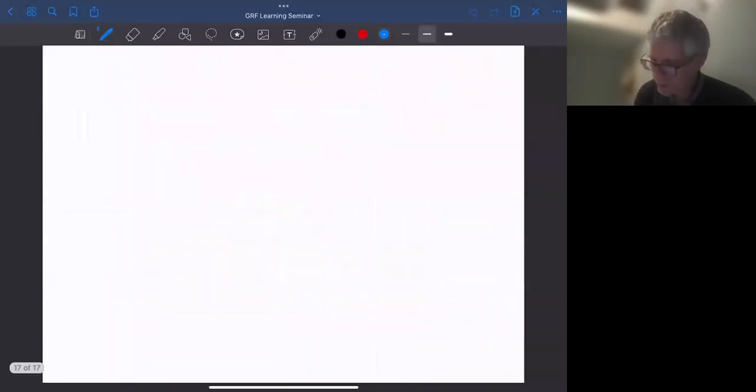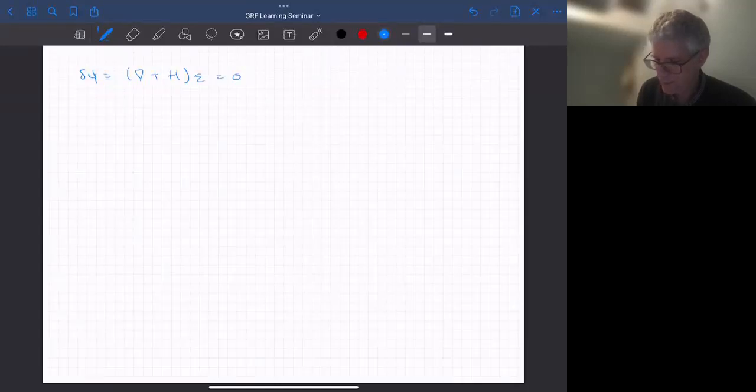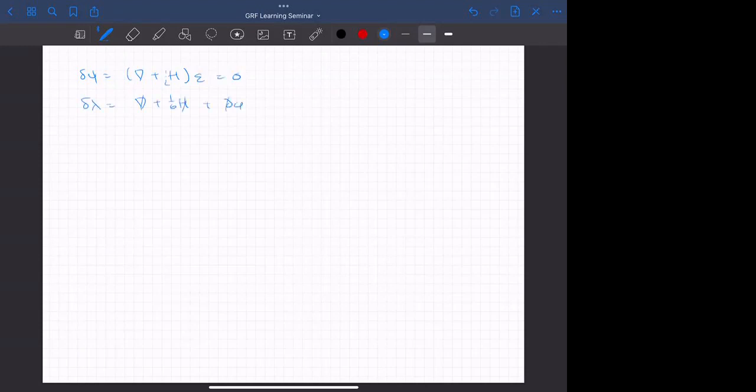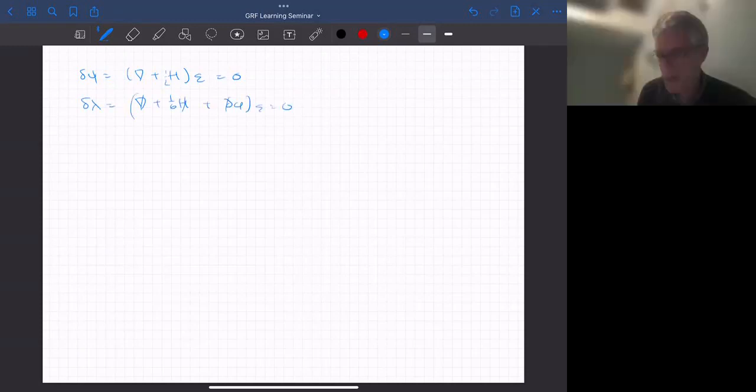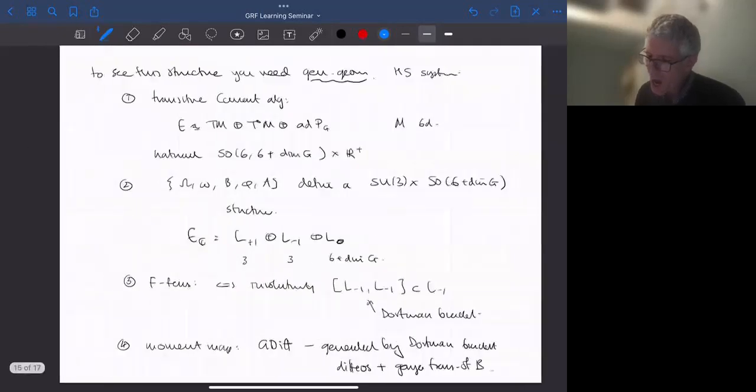Say it again, sorry. So I would say I have some Gravitino equation which says something like this is 0, and some Dilaton condition which says something, this has maybe got a half, this has maybe got a sixth. Oh, but I meant for the N=1 supergravity, where you have also, I mean,